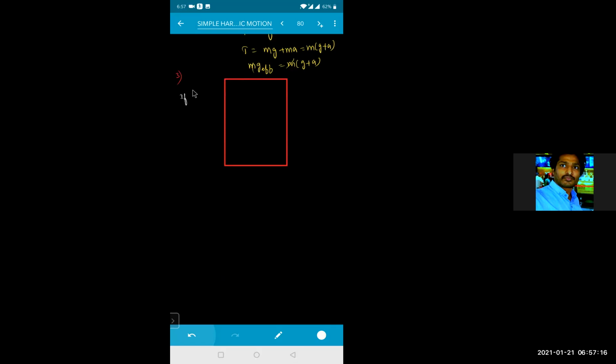In this condition, if the lift is decelerating in the downward direction, how do you write it at that time? The lift is decelerating in the downward direction, and it is coming down with an acceleration a. And here we have a simple pendulum; this is your simple pendulum, and this is your bob. That means the acceleration on this body is in the downward direction. The weight of the body is in the downward direction, and the tension T, or net force, is acting in the upward direction. So right now here mg plus ma in the downward direction will be equal to your T.